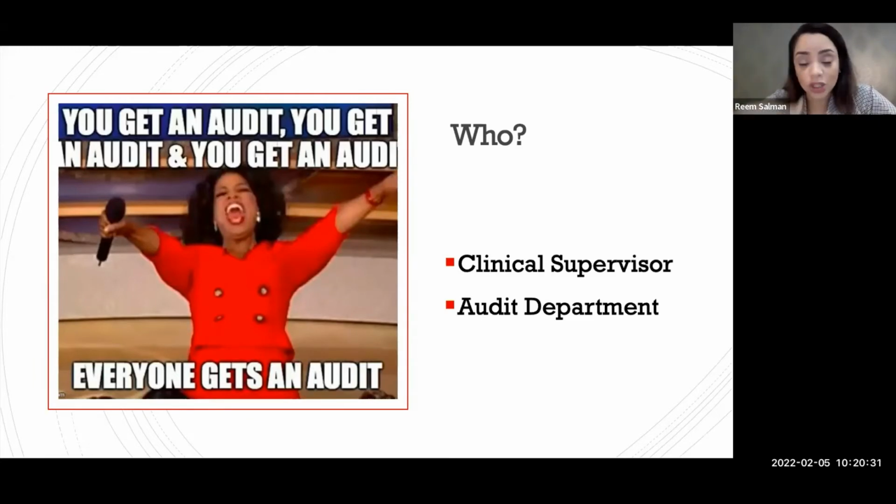So by this, you are actually creating a team. And you have to first involve your clinical supervisor. Obviously, you have to tell them you want to do an audit. And the best thing is to approach them first and ask them if there are any audits that they think need to be done or are pending in the department, because that's always something useful for the clinical supervisor, the consultants, the department and yourself.